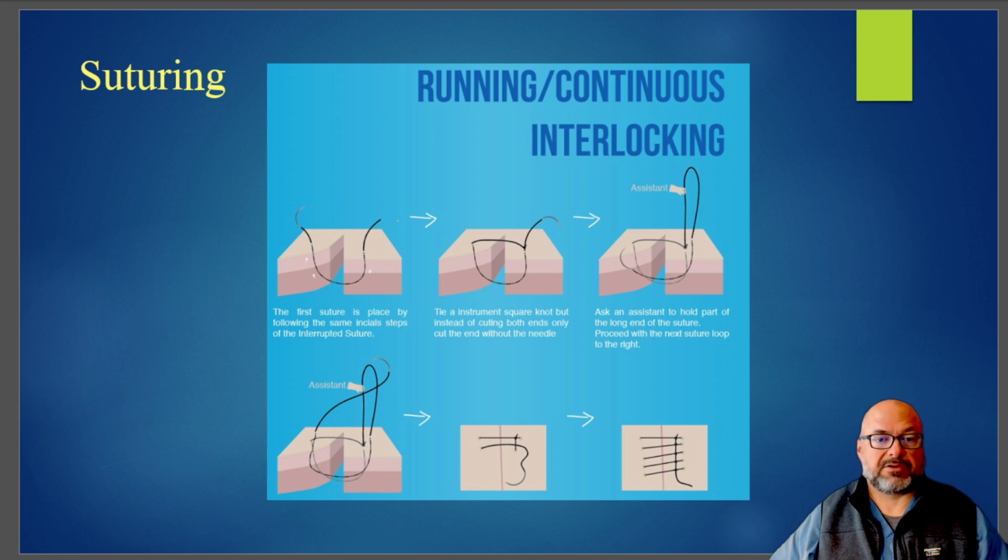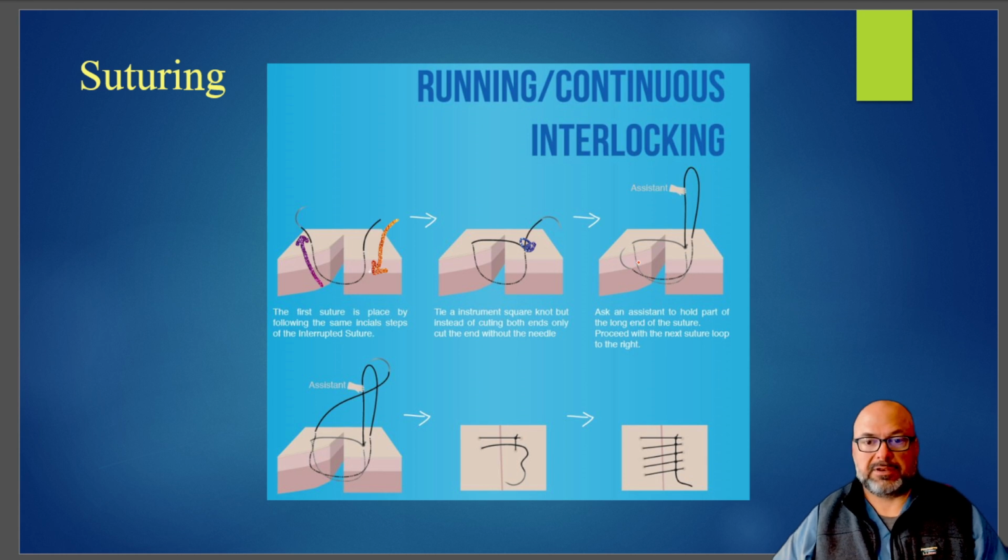So again, just like our running, we start off with something that looks very much like an interrupted, out to in, and then in to out, and we tie that knot, and then the free end here, we lop that off, leaving the needle attached. The difference here is that when you take the needle out during this second pass, you run the needle through this loop that's existing from your previous bite. So if this was our original bite and then this is our, say, second bite,